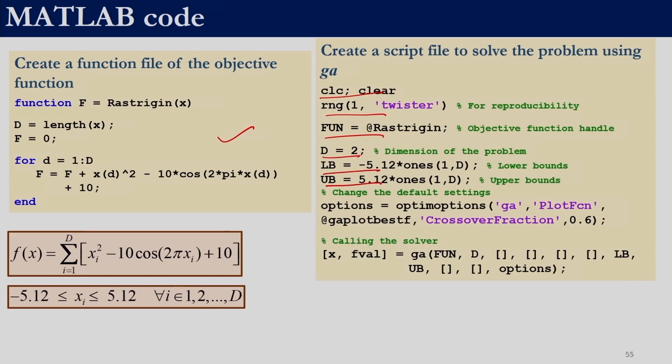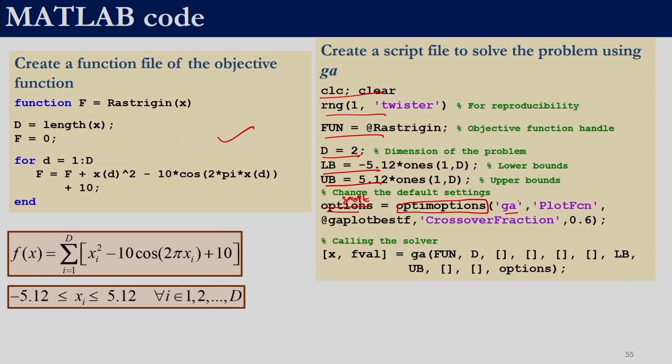Now we are defining a variable options, and we are using the inbuilt MATLAB function optim options. So, this has to be only optim options. Instead of this options we can have, let us say, GAOPT, because this is just a variable name, but optim options is an inbuilt function, so that has to be called as such. Now we want to solve with GA and we want to change the default values of the GA function.